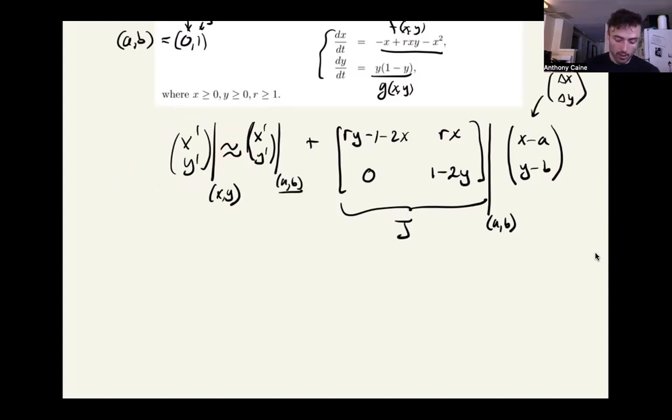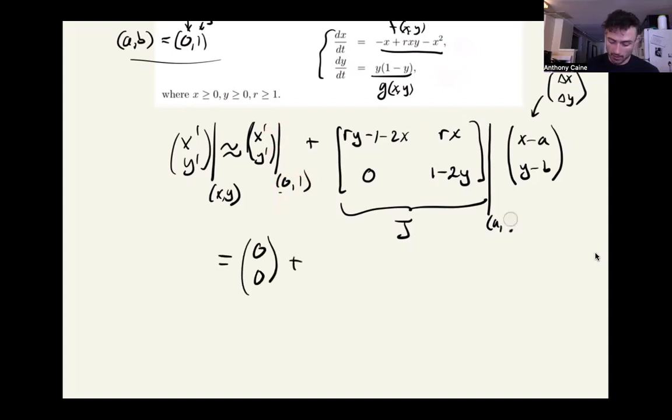Okay, now we're going to use AB equals 0, 1. So let's plug in 0, 1. The whole reason we do that is, if I plug in 0, 1 into my equations for x prime and y prime, hey, here they are, I'm going to get 0 and 0. So what this becomes is 0, 0 plus,